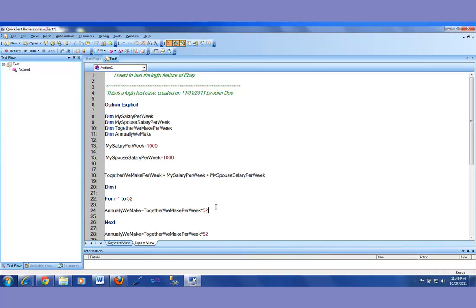So this would give me together we make per week times 52 is for annual, right? Let's say I want it for 1. This will be together we make for week 1, right? For the time being I'm not going to put it into a variable. I just need to print it out. So I could say print